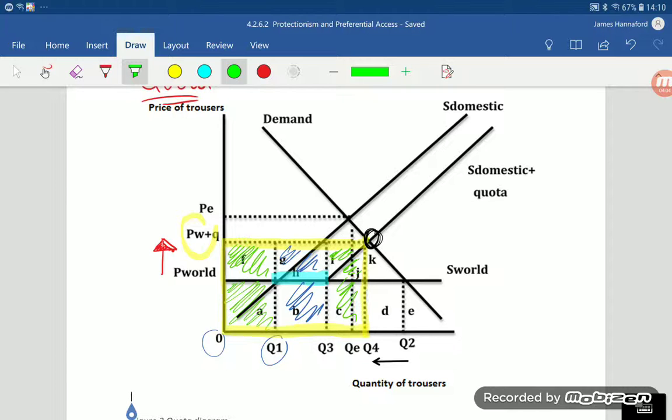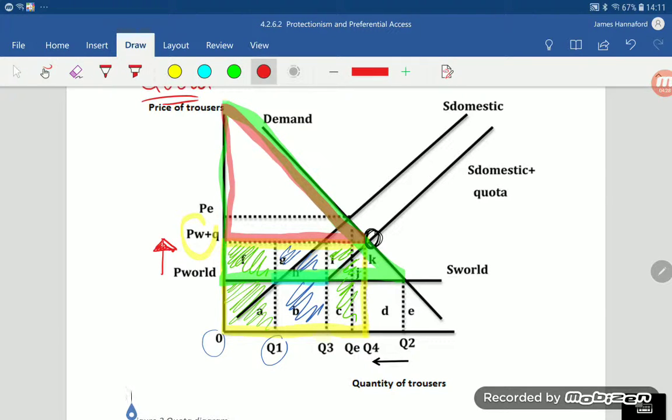We can also say that the consumer surplus originally was this area here at the lower price. But once we introduced the tariff, I beg your pardon, the quota, we can see that the price went up to PWQ. So consequently, the consumer surplus triangle shrunk. It shrunk by this area here at the bottom. That was how much it shrunk by. So the reduction in consumer surplus was area F, G, H, I, J, and K.